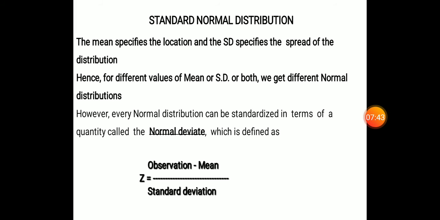It's named like that. So now, this z is not following a general normal distribution but a standard normal distribution. There will be one and only one standard normal distribution. So z follows the standard normal distribution with mean 0 and standard deviation 1.